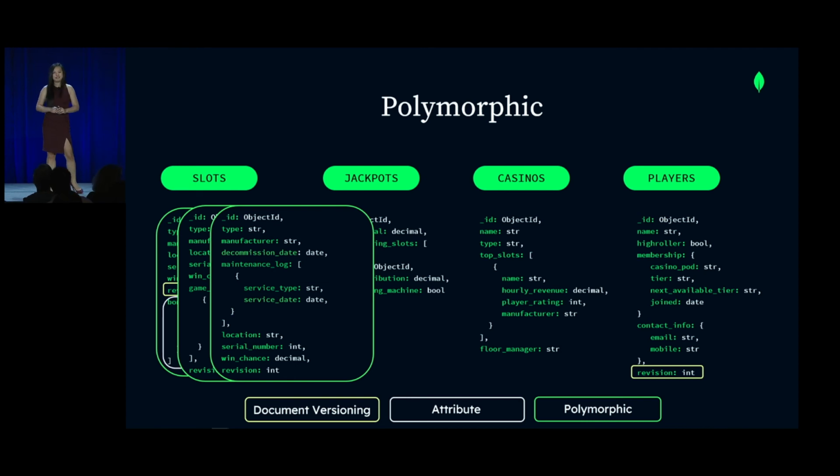And again, polymorphic states that we can have a document that looks like this. I don't know if you've seen, but a lot of the slot machines out there, they're all turning digital. Even the wheels are digital. They're not actual mechanical wheels anymore. They just look like them. And so as more and more slot machines are replaced, you'll find that a lot of the actual original ones, the mechanical ones, are being phased out. And so for those slot machines, we may capture their information in this way.